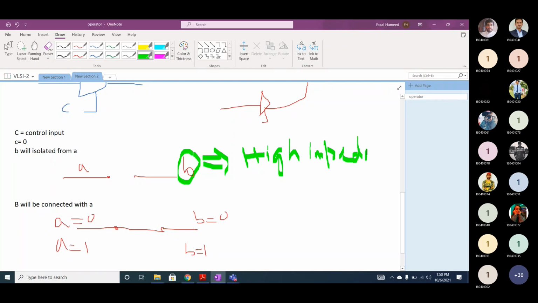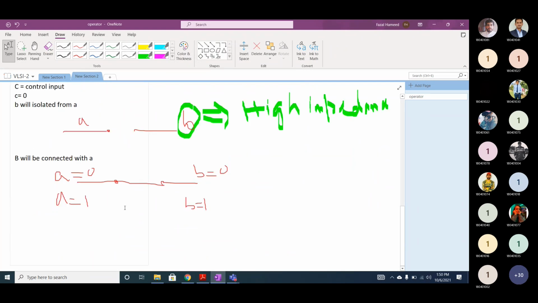If it is a high impedance state, what does it imply? Is it logical 1 or logical 0? Neither. High impedance means neither a logical 1 nor a logical 0. There will be no state.